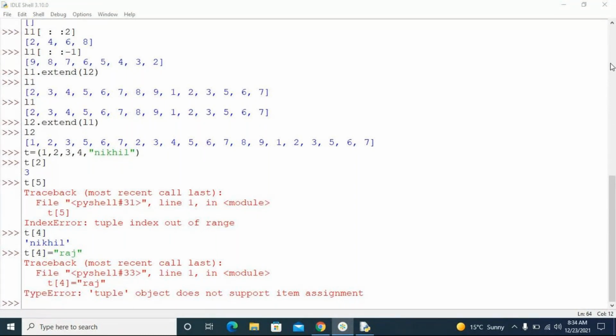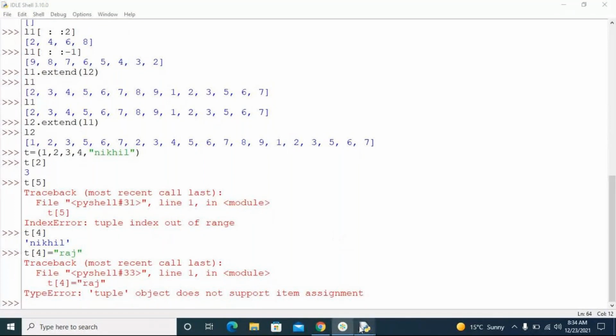So what I mean to say here is tuple and list are both the same. The issue is that tuple is an immutable data type whereas list is a mutable data type. Mutable means changeable, so you can change everything. You can add, you can remove, you can modify, you can extend, you can sort and all that. But tuple will not support that. Tuple only supports retrieving the data. You just need to read the data that is there. You cannot remove or add any kind of data inside the tuple. So tuple is a constant database.